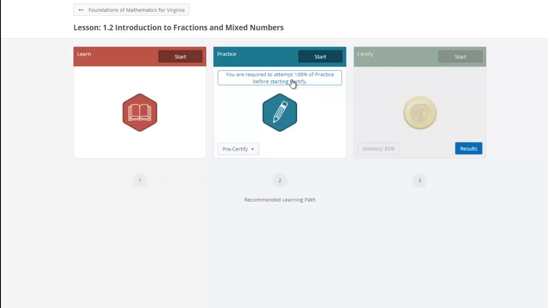In order to take your final exam, you must have all the lessons certified. You must do the exam review lesson, which looks just like this, but you would not have necessarily the guided notebook and the Learn. That would be there as a resource. But the practice and the Certify will be there for you. And then when you have certified the review, you are welcome at that point to take the final exam if you are ready. So please make sure to ask questions if you're not clear about the path you should take,